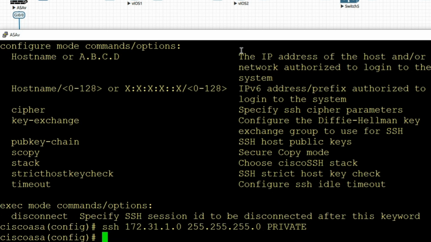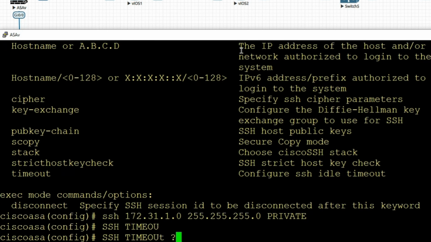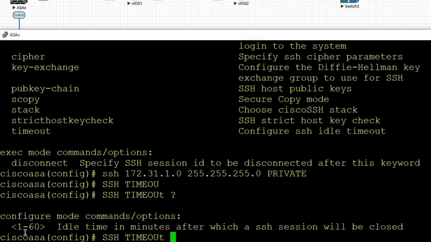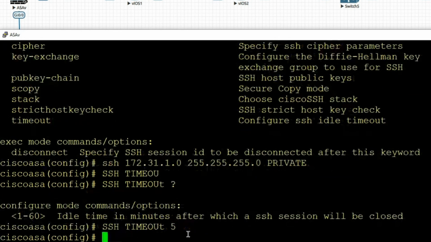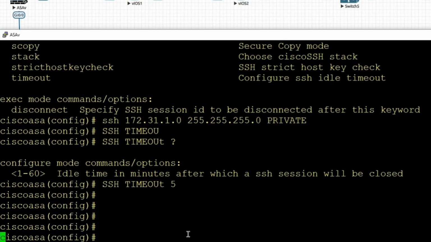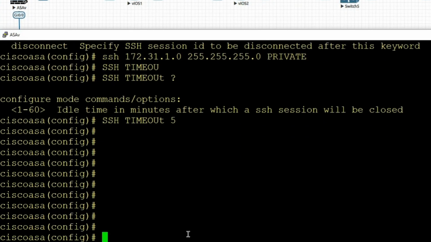Awesome. And then we're going to do a timeout. SSH timeout. Tab that. Let's question mark that. It's not in seconds, it's in minutes. So we're going to put 5 minutes. It's going to time out after 5 minutes if you don't do anything. Pretty easy, pretty simple to do. Not a big deal, very basic stuff here. And all this is RTR, ladies and gentlemen. Get out 5 firewalls and do it over and over again. That way you can make mistakes and then you can fix it.